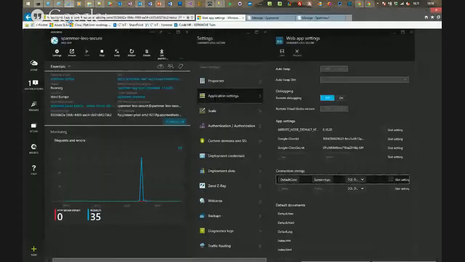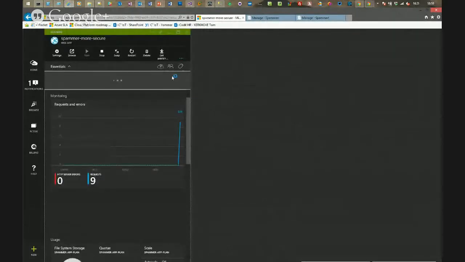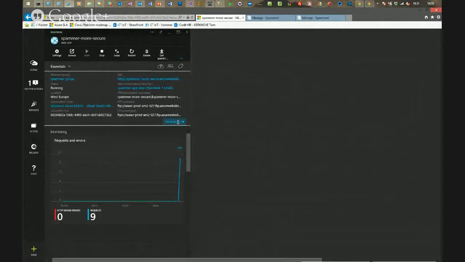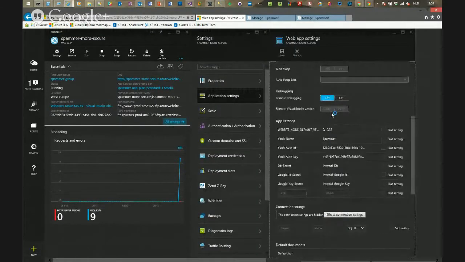Then if we go to the portal and the website that is hosting our website, and we have a few minutes, we have a look at the app settings. So here we see some new stuff. We are storing our internal vault data in here